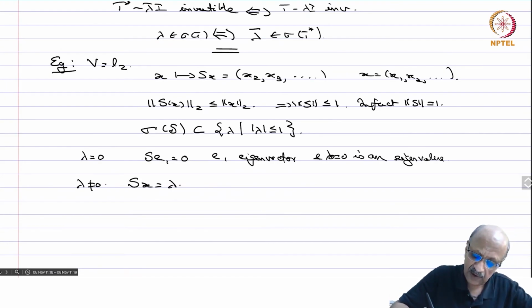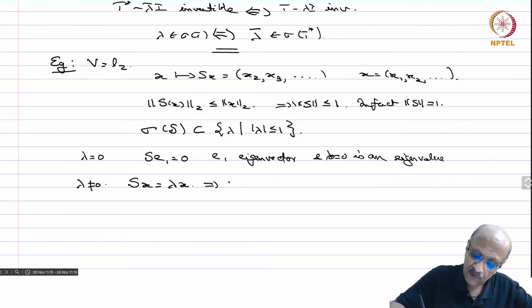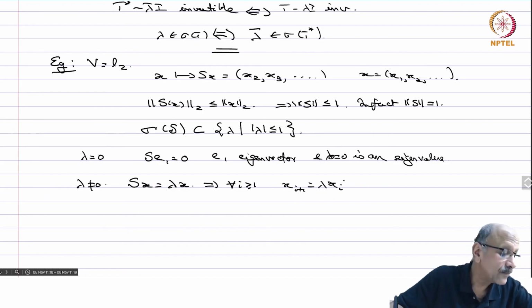Let's see if we can find Sx equal to lambda x. Now then this implies for all i greater than or equal to 1, x_{i+1} will be lambda times x_i,